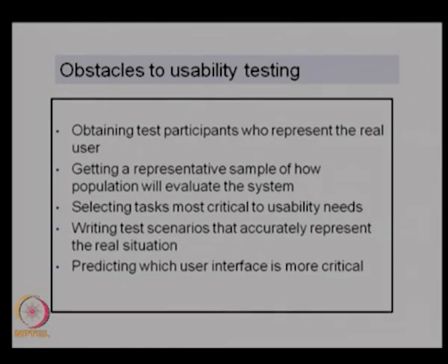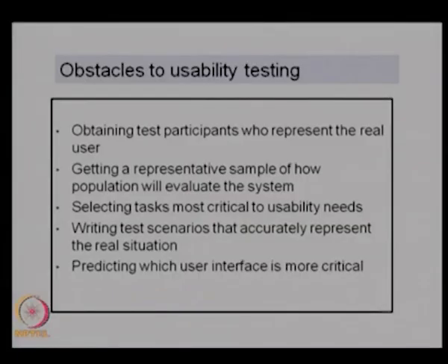So these are the main obstacles in doing the testing. Whenever we do usability testing, we need to make sure that we have a representative sample of the population who use the system, that we have the scenarios identified properly, and that we have the critical user interfaces identified. We write down the scenarios to test and the important tasks to be tested. All these need to be analyzed and recorded properly to make sure that we do a proper testing, and that these test values really represent the acceptance of the system